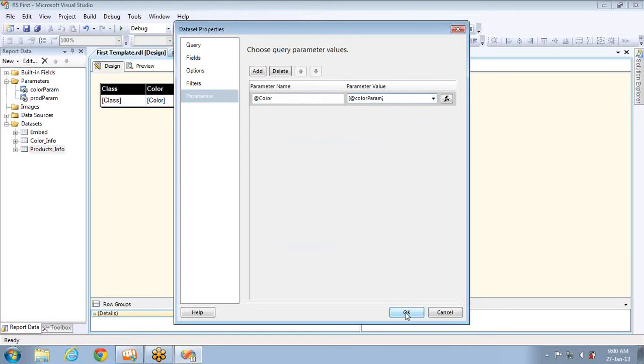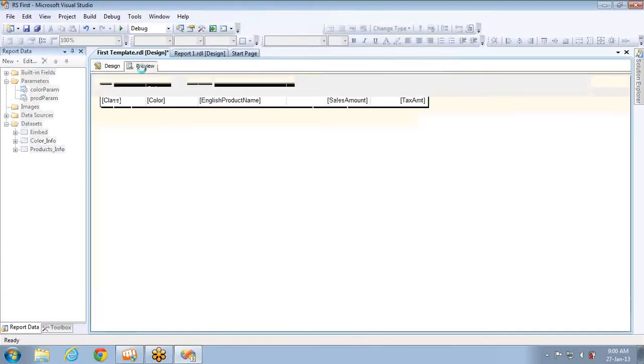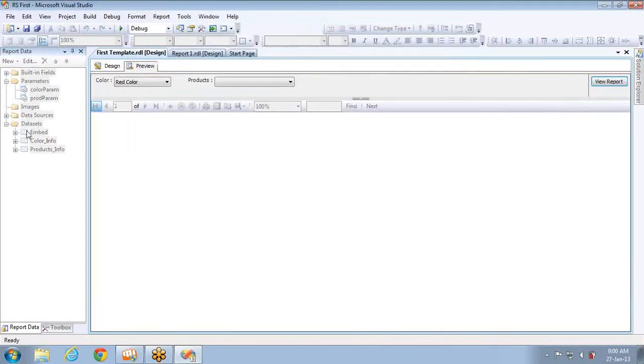So once I get the color, if you see here, first it will execute this color info. We can see the data set, right? It will execute this color info and fill this color parameter, and we will select the color here like gray or something. Then this gray value will be sent to this products info, and the products that belong to gray color will be loaded.